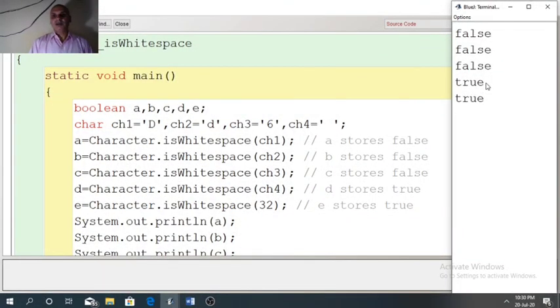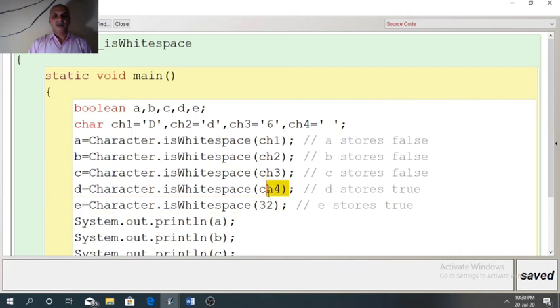So you can verify last two values are true here. These are the last two values, ch4 and 32, both are spaces.